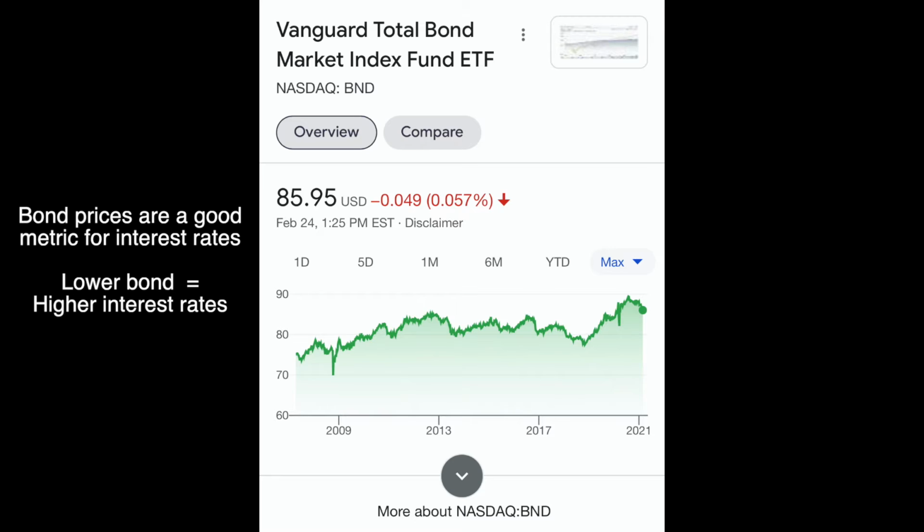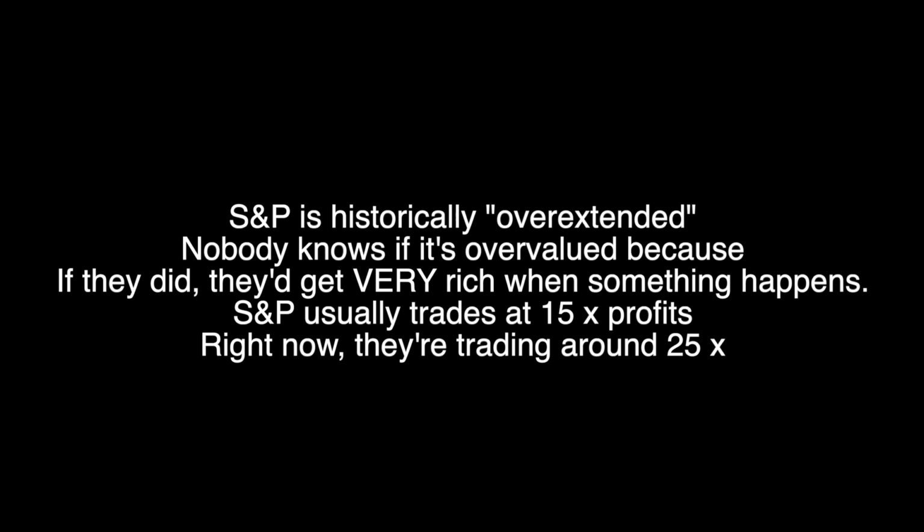On top of that, the stock market is historically a lot more quote-unquote extended than it usually is. Notice how I didn't say overvalued, because like I said, nobody knows. Nobody really knows, because if somebody knew, that means they'd be getting very rich. But just from a numbers perspective, the 500 stocks in the S&P 500 usually trade at 15 times the amount of profit that they make. Right now,